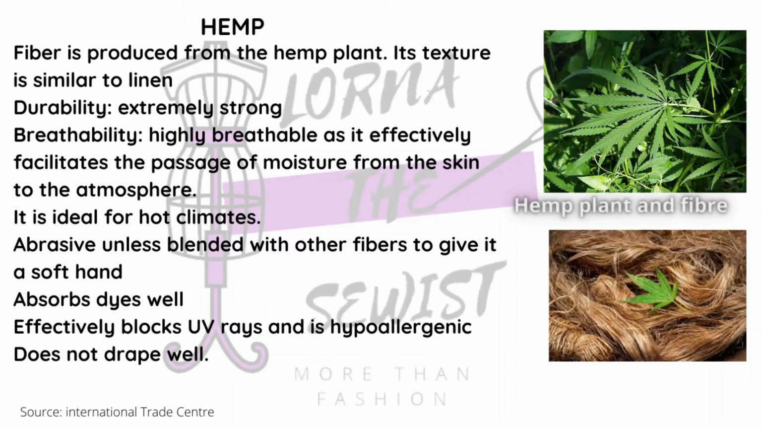Next, we have hemp. Hemp generally looks like weed, as you can see from the photo there, and it is actually not a plant that's allowed in Kenya just because of how it looks, and I guess because people can easily abuse it. But it's very different from weed, so please do check the difference between marijuana and hemp. The fiber is very durable, breathable. It's very abrasive unless it's blended with other fibers, and it absorbs dye well, and it also blocks UV rays,